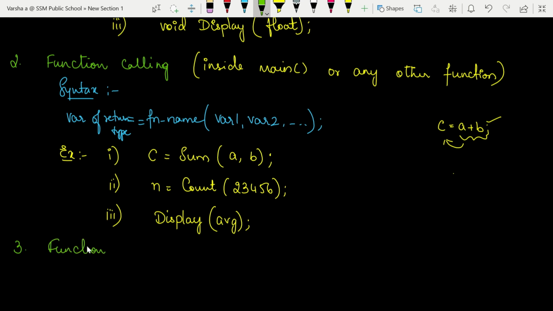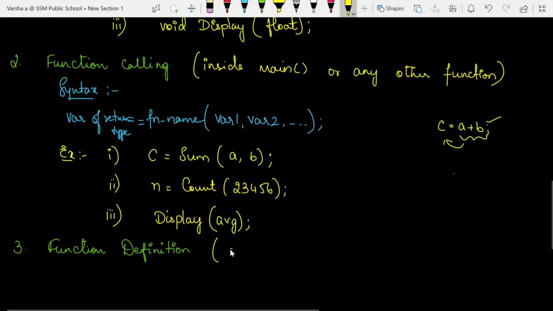Function definition. So what is function definition? This is the actual code to be executed after passing the input value. At this point in the program, I want to count the number of digits, so I'm passing the input here. What happens exactly inside the function is written as the function definition.